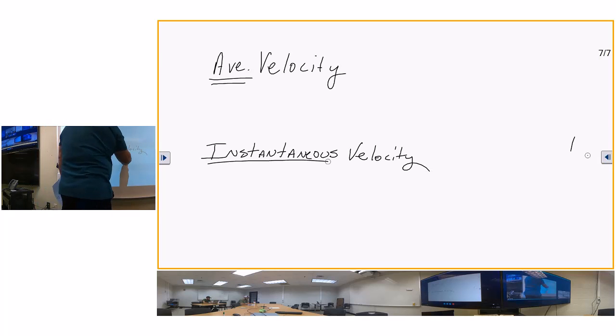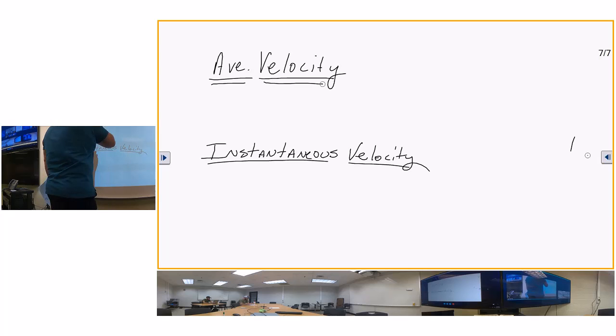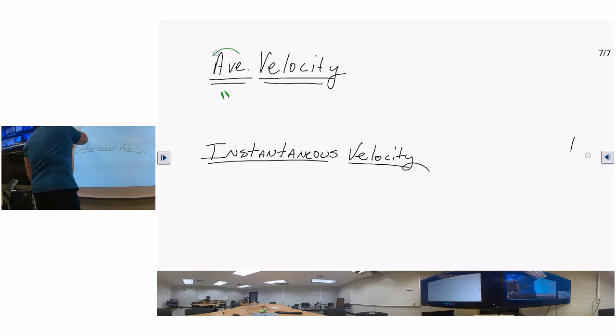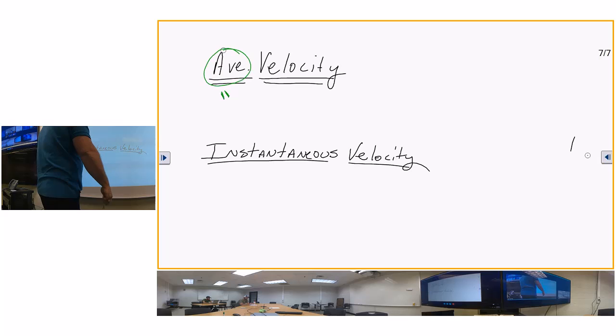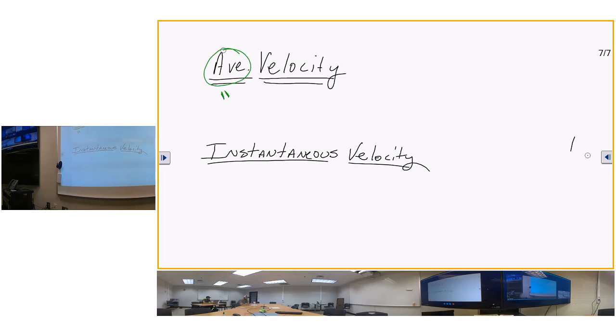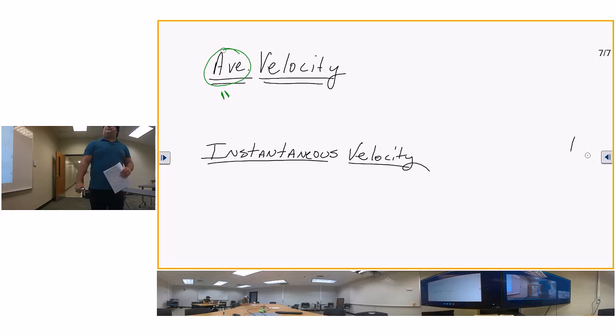Now, the average velocity is a 25-cent word. When you see that word average, I want you to think of, and I'm going to put this in red or green because it's very important that you remember it, when you see the word average, average cost, average whatever, average growth, average velocity,